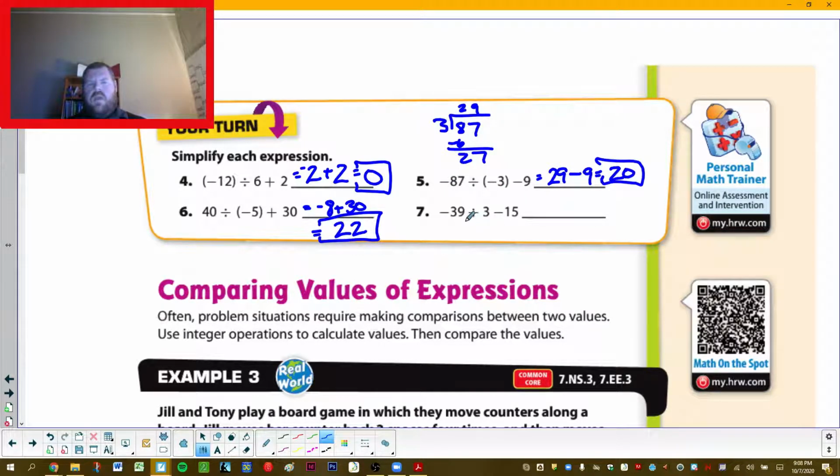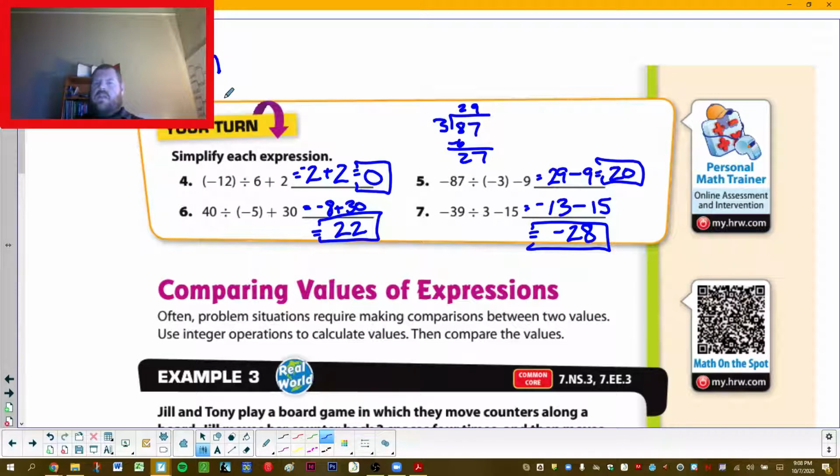Okay. Next one, negative 39 divided by 3 is going to be negative 13. And then we're going to subtract 15. We have a negative and we're subtracting, so it's becoming more negative. Basically, we add those together and make it a negative answer. Negative 28. Okay, so those are some good examples of what order of operations to follow, which is